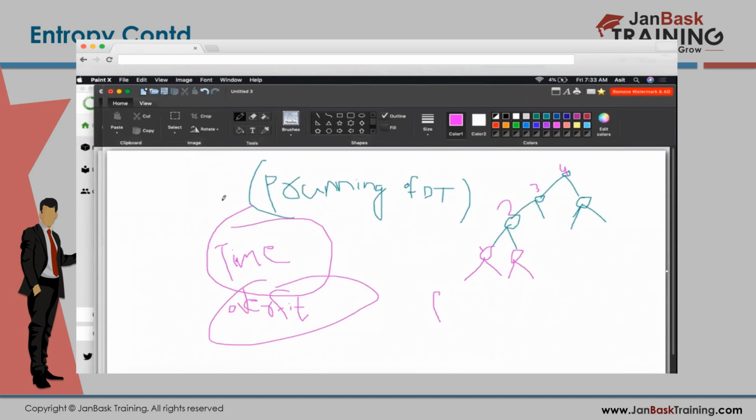One is the time, second is overfitting. So to avoid this, we use pruning. Pruning is a fancy word given to a technique where you limit your decision tree depth. There is a parameter in decision tree called max depth.